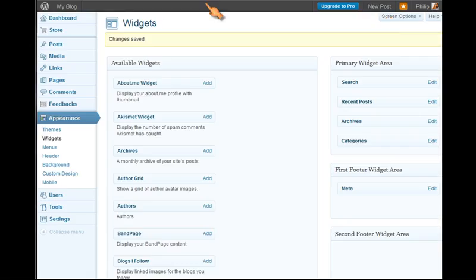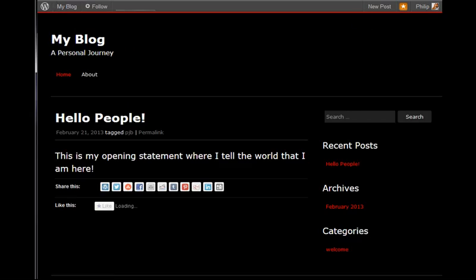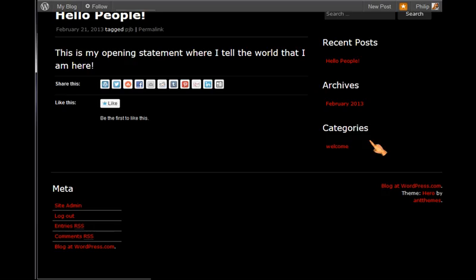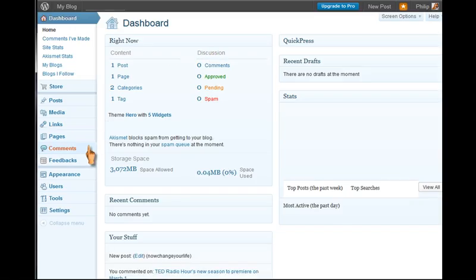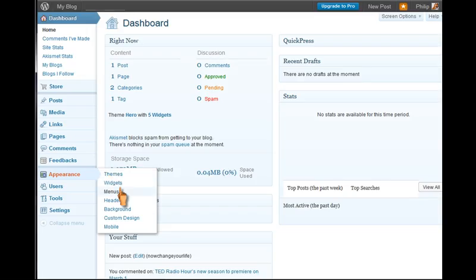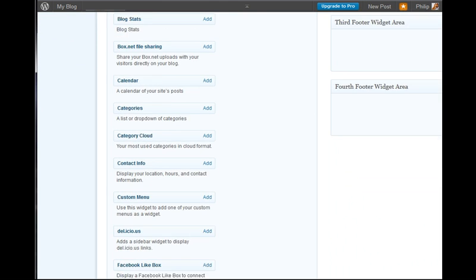If we look now at the footer area, we can see we have meta down here. Back to the dashboard. So widgets are very, very useful. Appearance, widgets, and as we can see,